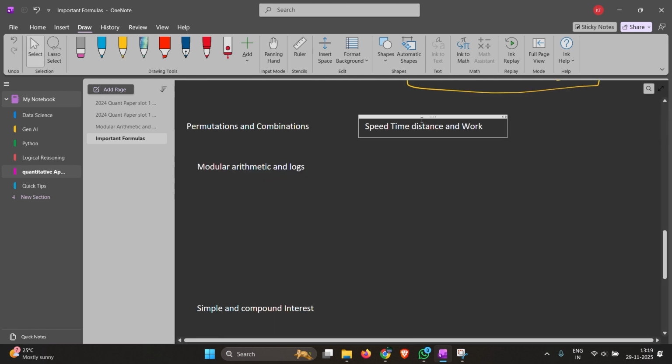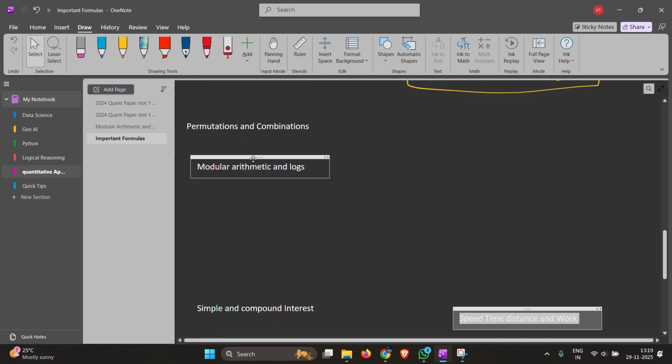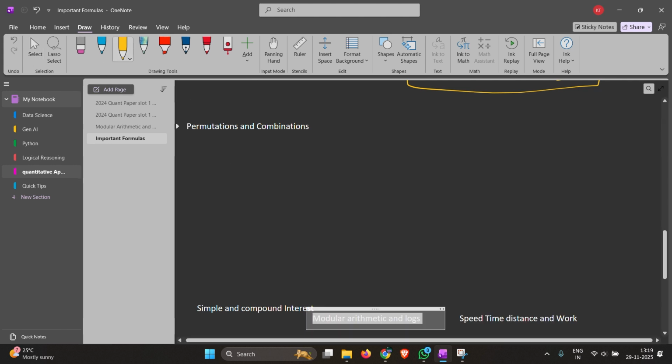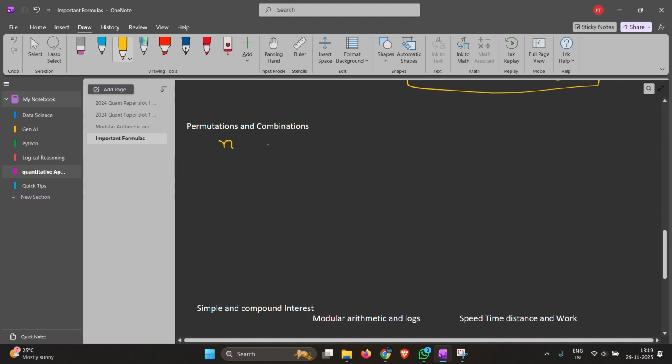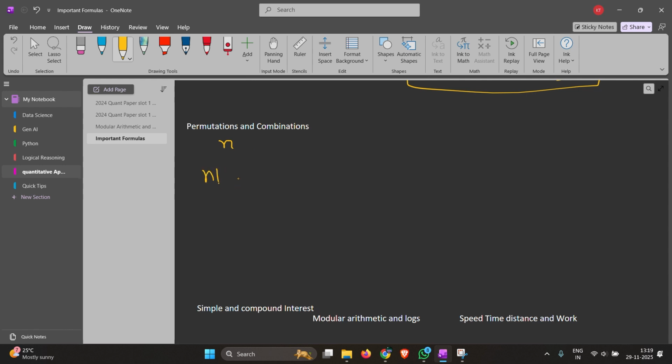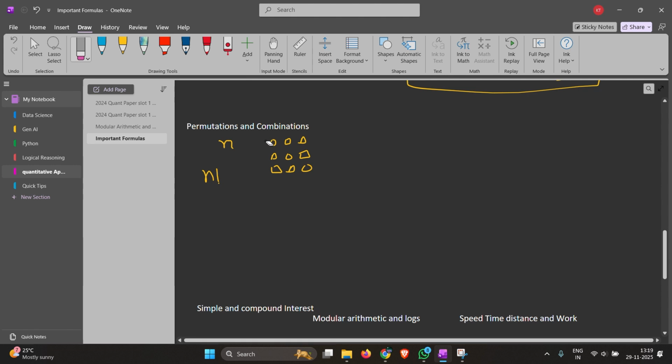So now coming to permutations and combinations. For permutations and combinations, there aren't many formulas to remember, just some short formulas that let's go through quickly. If you have, let us say, n objects, the number of ways to arrange these n objects is nothing but n factorial. So let's say you have a circle, a square, a rectangle, and a triangle. The different number of ways you can arrange these, like triangle, circle, rectangle, etc., is